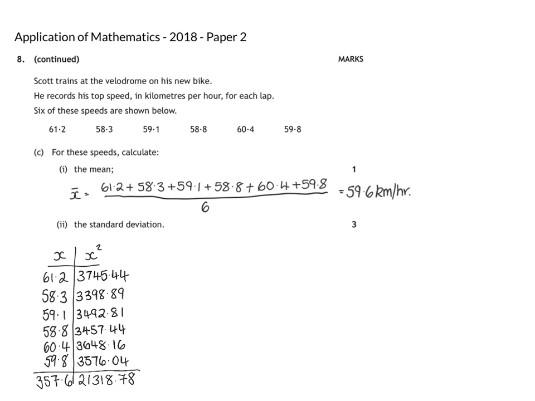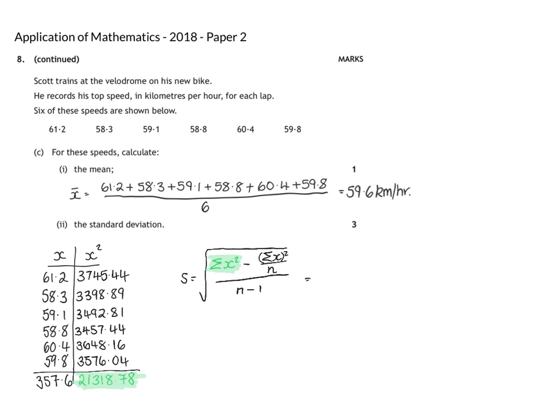Right, so the formula I use for standard deviation, and that I teach, is standard deviation is equal to the square root of the sum of x squared, take away the sum of x, squared over the number of data, all over n minus 1. So this is where we need to be careful, identifying what it is. The sum of x squared, this bit here, is this number there, because we've added together all our x squareds. So when we start substituting in,